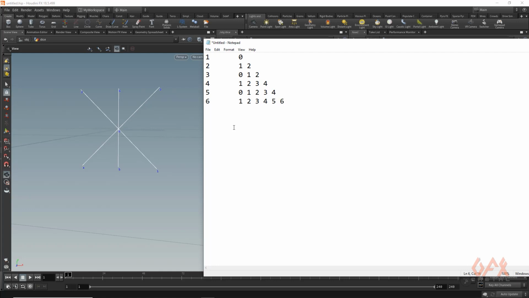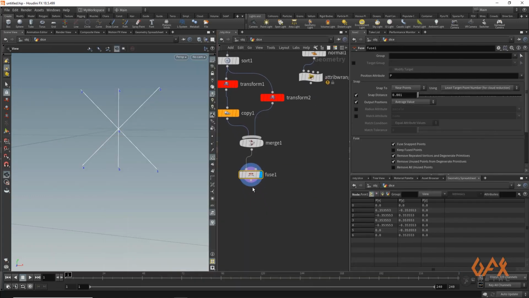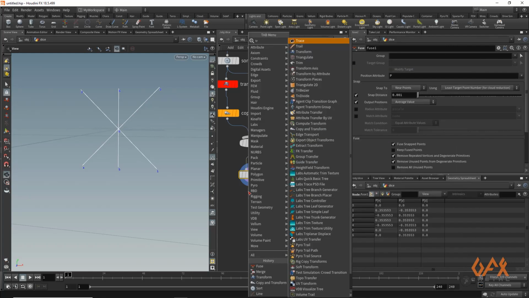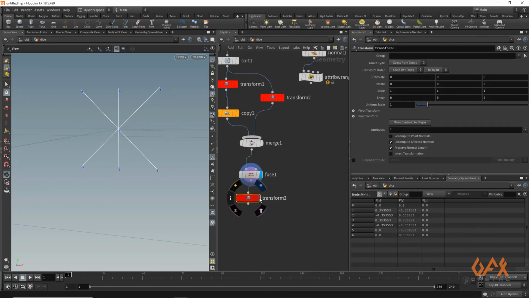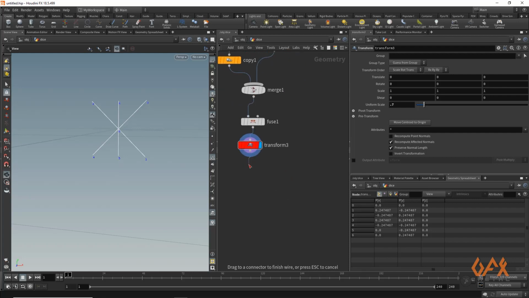Okay, so this has some pattern: 0, 1, 2, 0, 1, 2, 3, 1, 2, 3, 4, 0, 1, 2, 3, 4, 1, 2, 3, 4, 5, 6 like that. Okay, so now to achieve this particular stuff, what I need is, first of all, I need to apply one transform through which I just reduce the scale of this particular stuff, maybe 0.7. Okay, and what I prefer is create one attribute wrangle